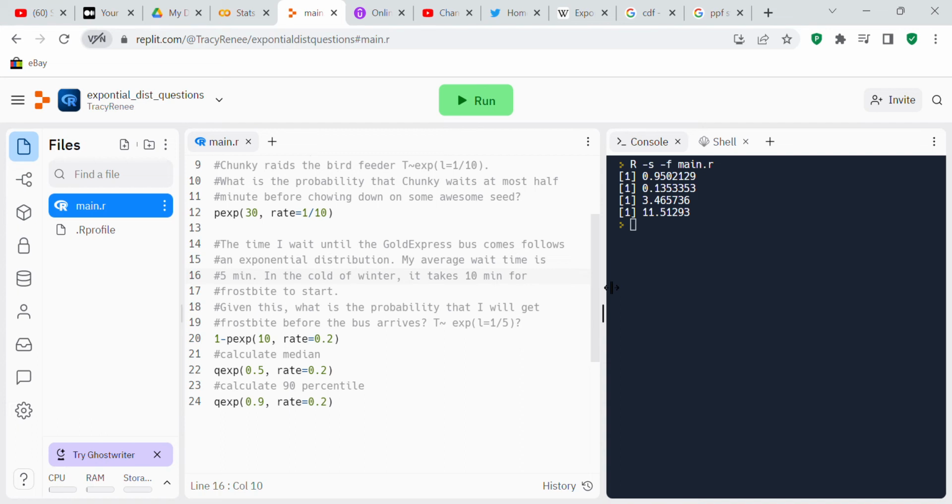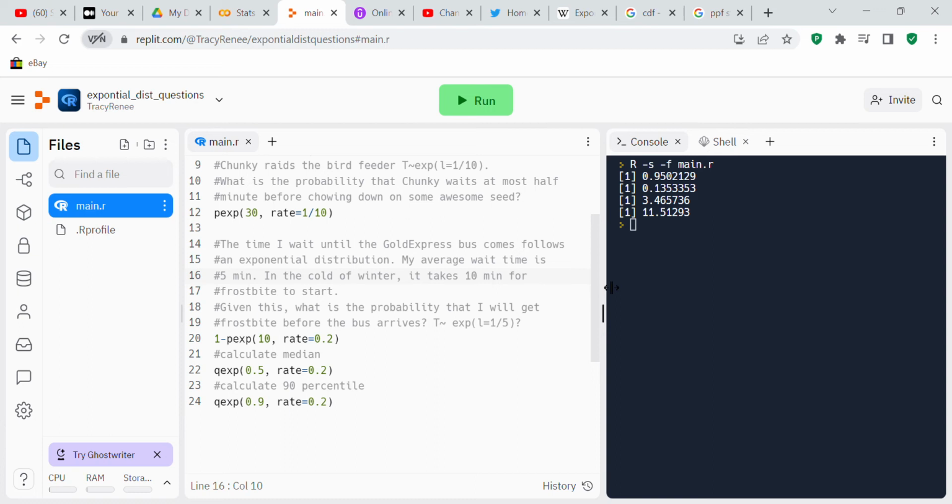T is exponential with rate 1/5. The answer is 1 minus pexp of 10, for 10 minutes, with rate 0.2, which is 1/5,